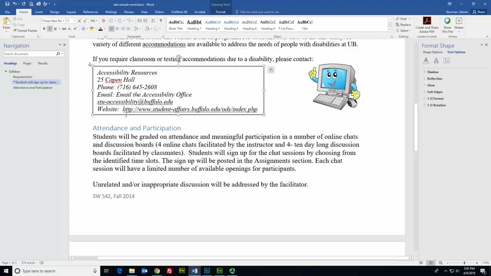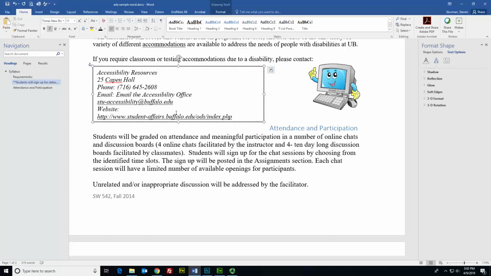Or under here for website, we would actually have descriptive text that read accessibility office website. The reason you want to do this is that because of the way the screen reader will read this. You can imagine if